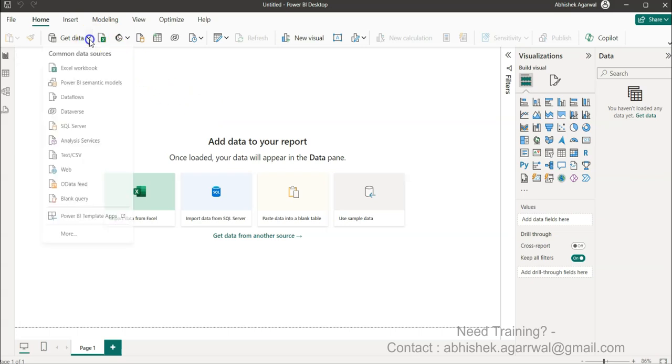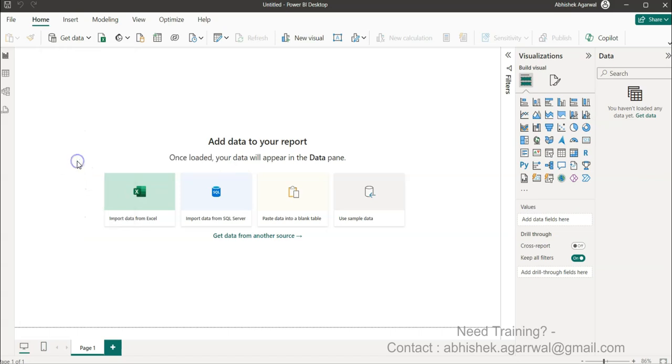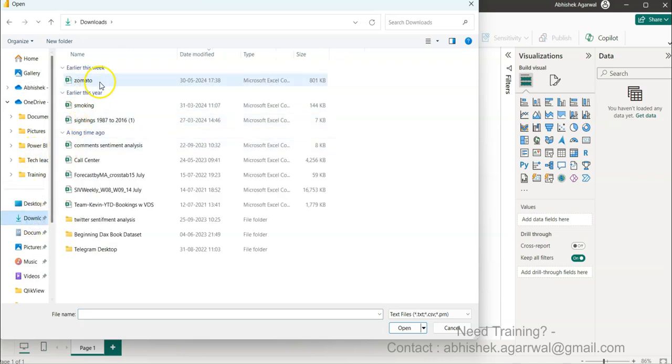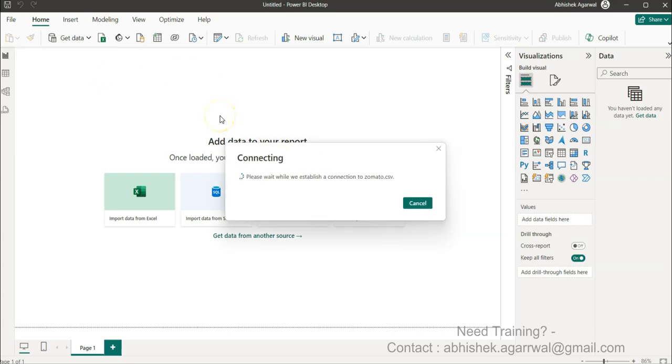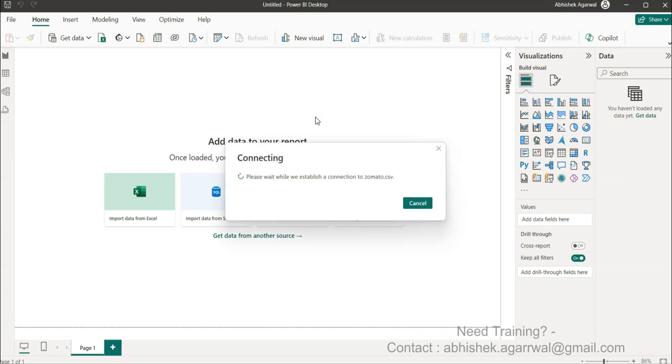Now what I'll do is I need to get the data. Since the data is in CSV, I will choose the CSV option over here. This will open it up, the location is in the downloads. In the downloads, I have the Zomato file. It will open up the data for me to review, and we are going to transform the